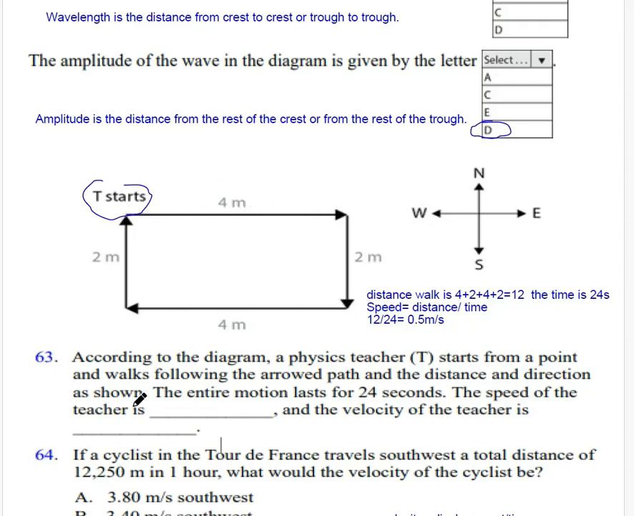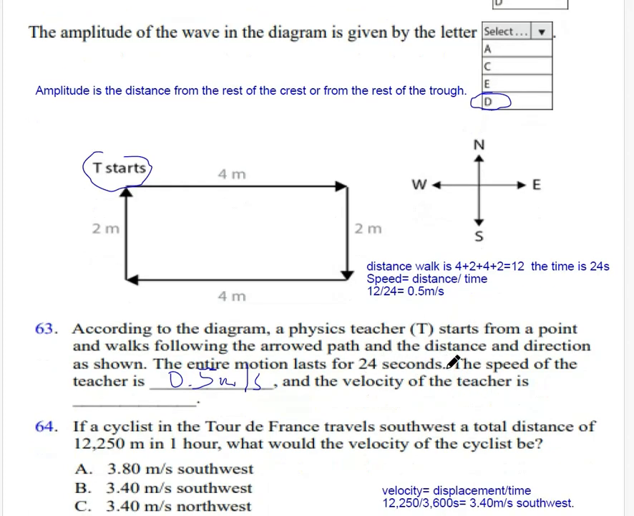So the speed of the teacher, as we all know, speed is the distance over time. So the total distance of the physics teacher is 12 divided by the entire motion of 24 seconds. So 12 divided by 24 is 0.5. So 0.5 meter per second is the speed of the teacher. So how about the